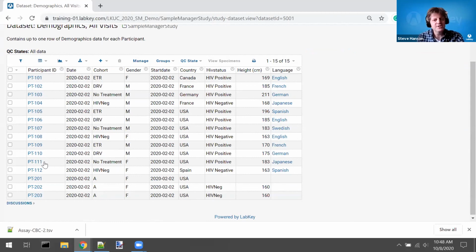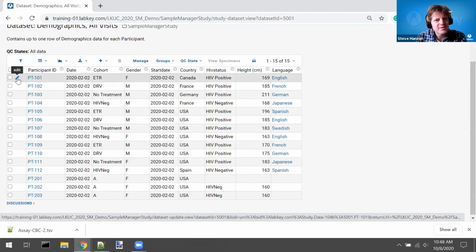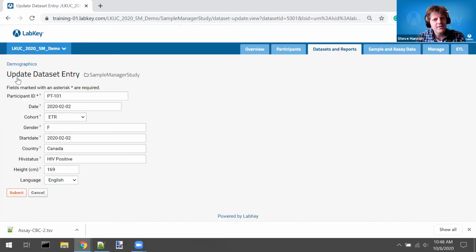over in Sample Manager. And you can see that here, if I add a new participant, or excuse me, let's just edit a participant here. I'm going to edit participant 101. Right now, I have him from Canada. He's a Canadian citizen, but I'm going to say that was a mistake. He's actually a US citizen. If I edit that,